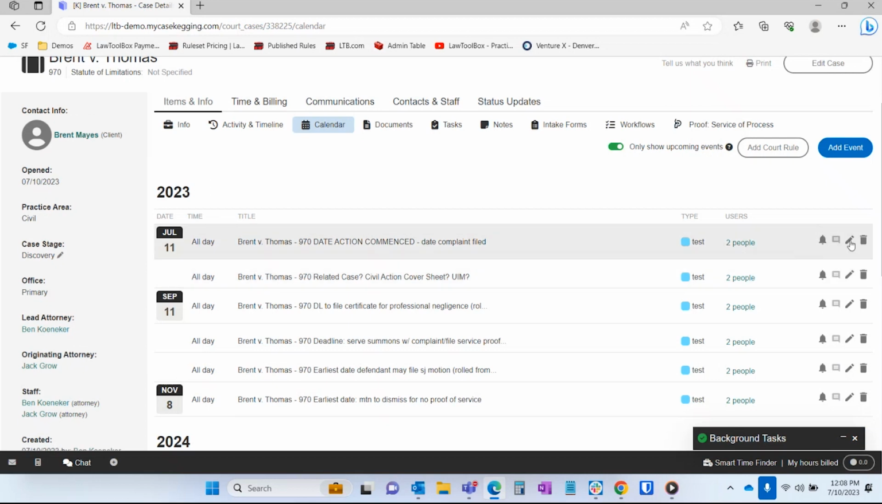The third icon will allow you to edit the individual deadline and add more detail to the event. And finally, the fourth icon will allow you to delete the event altogether. For the time being, we are going to click on the pencil icon to edit a deadline and add more